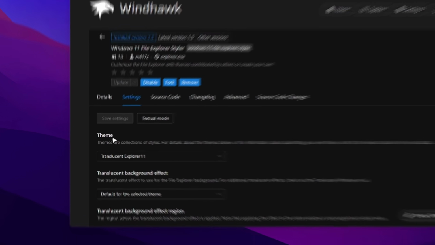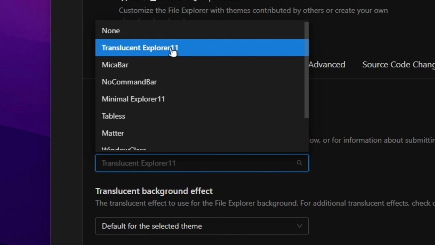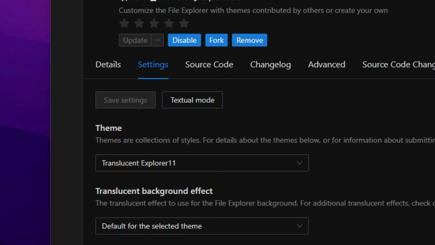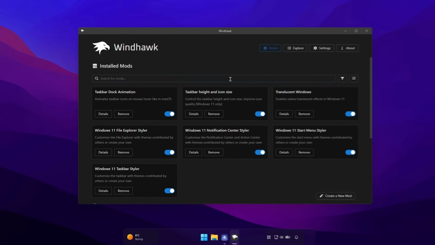and down below make sure that you change the theme here to the Translucent Explorer 11. And then down below make sure that you have translucent background effect set to default for the selected theme, as well as translucent background effect region to File Explorer frame only. Now once you've done that, you can go back to the Explore page